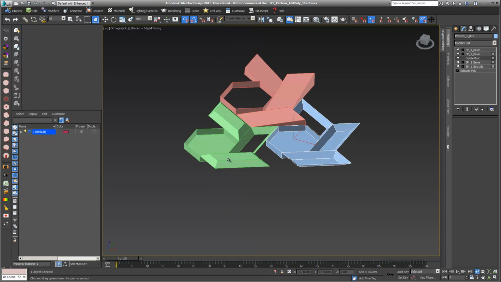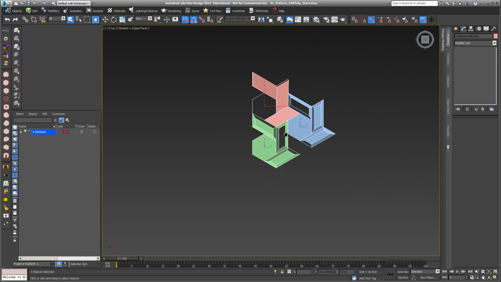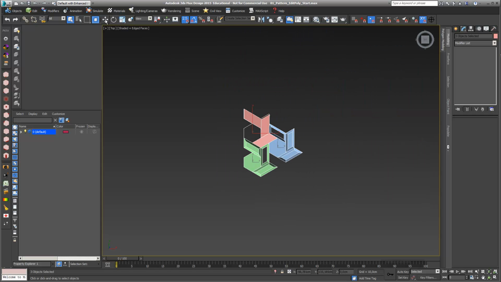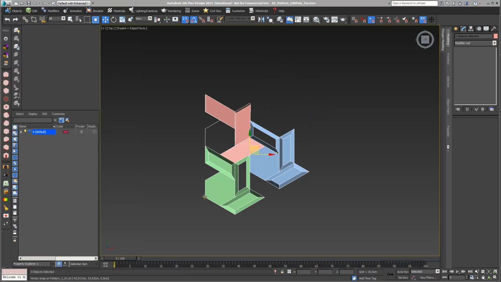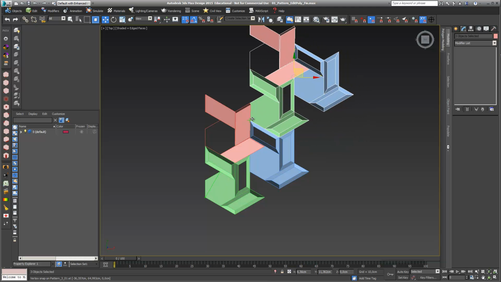so let's look at the pattern we just created. What I just do, I just select all 3 objects, I go into my top mode, and I want to copy them, and I just want to copy them as instances, because actually if I want to change something with them, I want that my whole pattern will change, and I just hold my shift key like this, and I just copy it to this position,